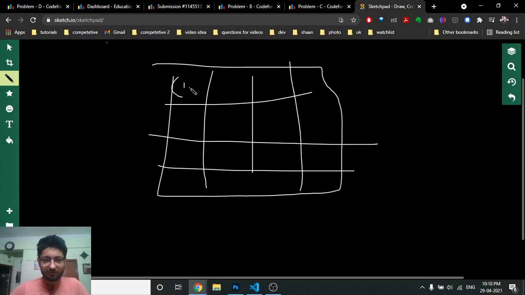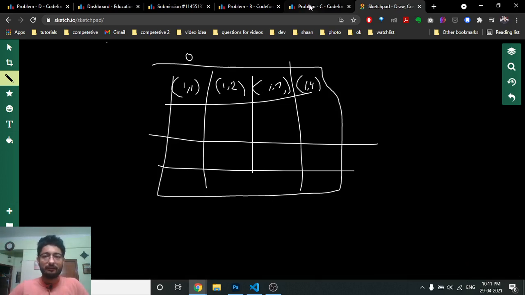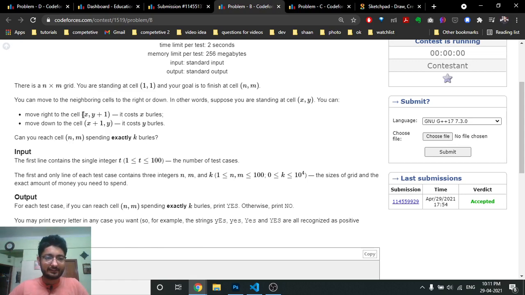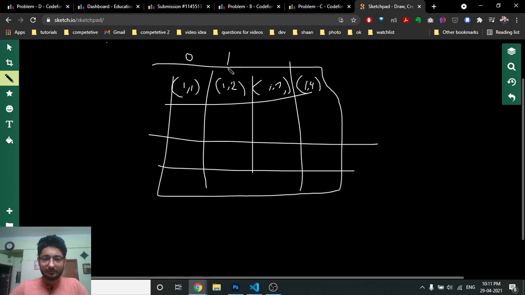Let's assume that this is the (1, 1) cell, and the cost of reaching it is 0, because that's the first cell. Now just mark that this is the second cell, and the column only increases. Column increases means the second number increases: (1, 3), (1, 4), and so on. Now if you move to the right side, the x coordinate is added, which is 1. Then again 1 is added, it will become 2. Again 1 is added, it will become 3. So as you can see, it will go on.